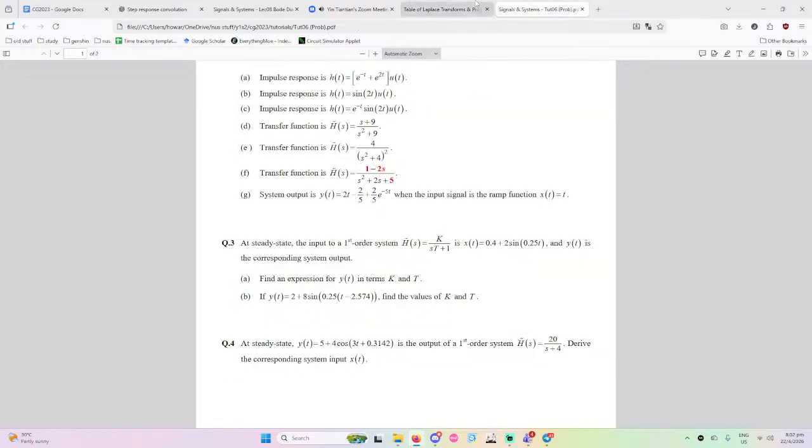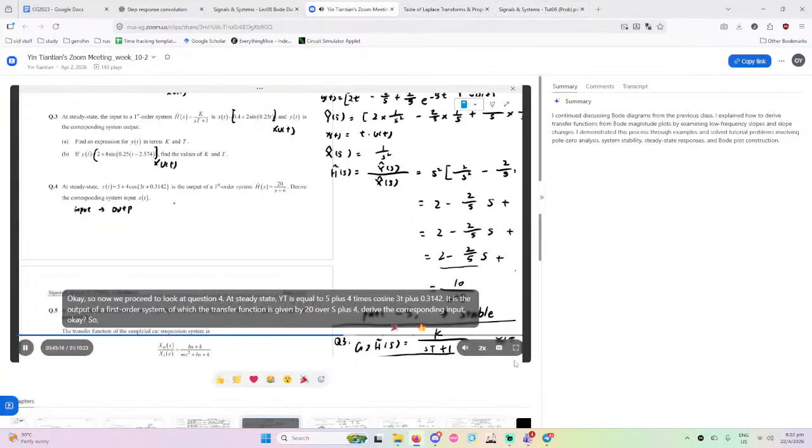Okay, so now we proceed to look at question 4. At steady state, y(t) is equal to 5 plus 4 times cosine of (3t plus 0.3142). It is the